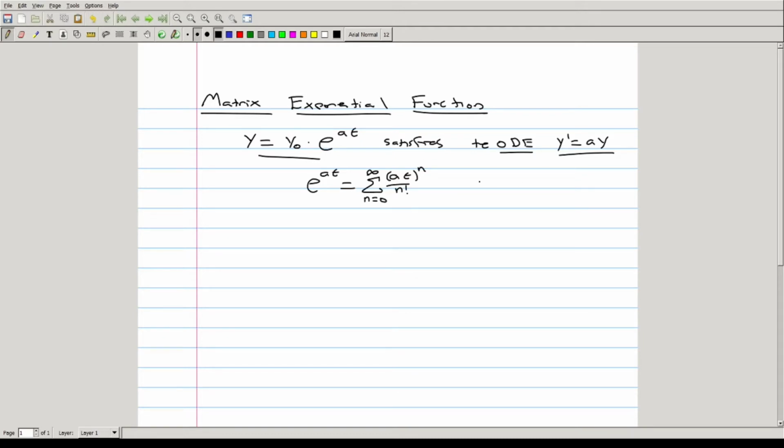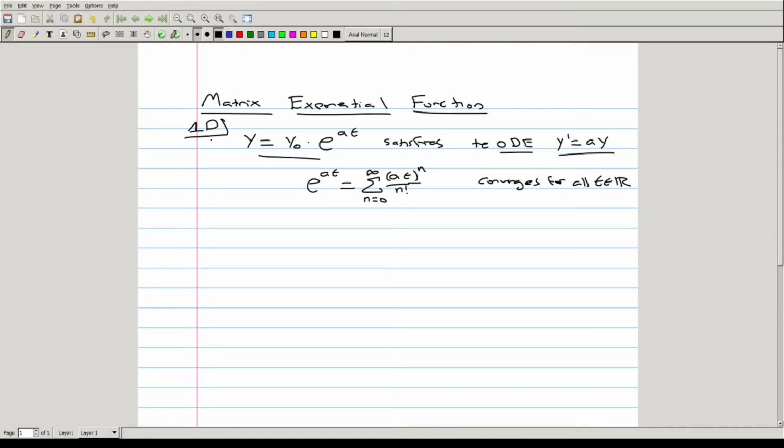And this converges for all t in the real numbers, because the radius of convergence of this series is actually infinite. And you typically show that in a calculus 3 course. This is the 1D